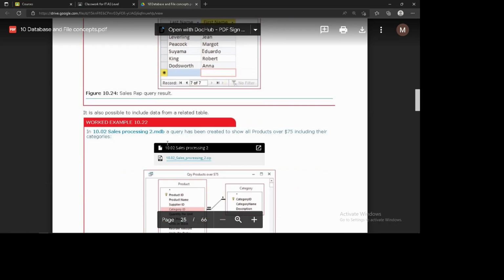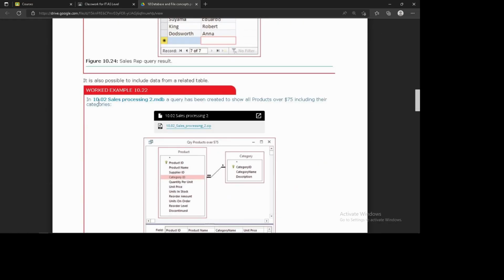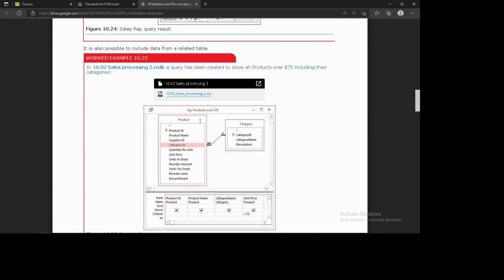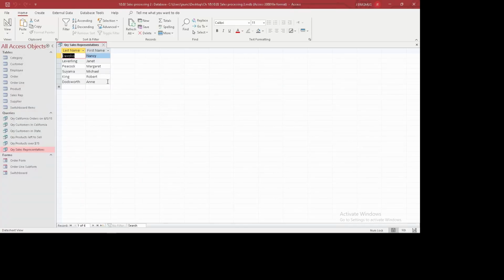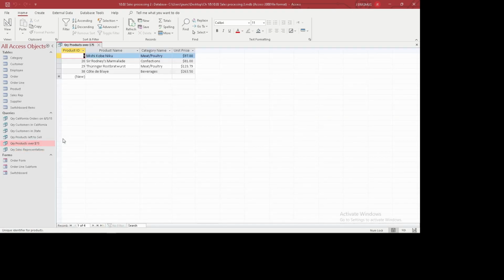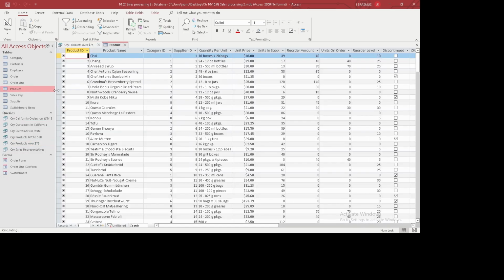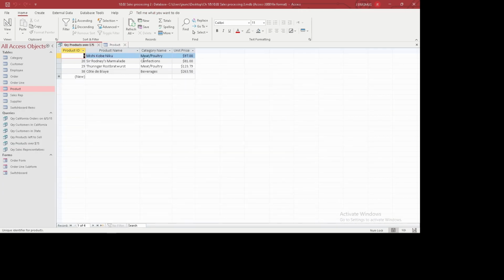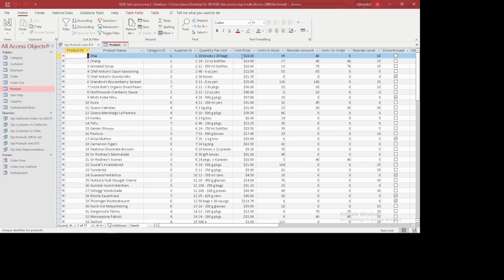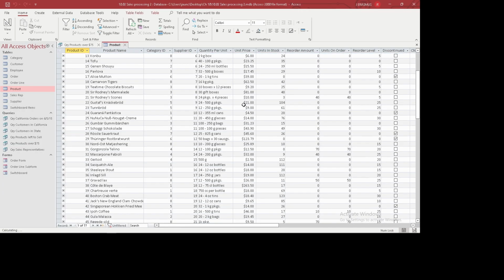And for worked example 10.22, in the query products over $75, I'm just going to save that. So it's in this query over here. We can see all of these products are over $75. So if we go to the products, you can see these are the unit prices. Just want to make sure, yeah, so it's the unit price, and we're just filtering out everything that